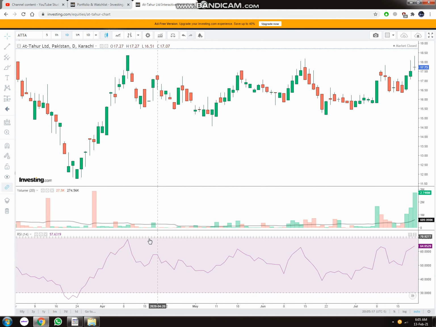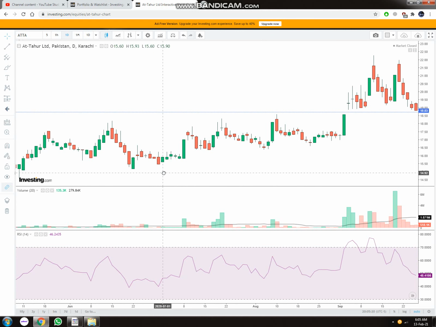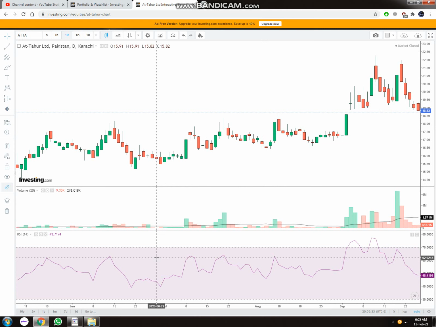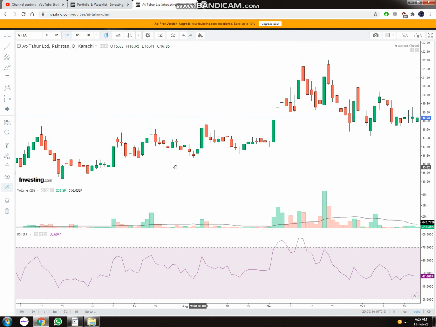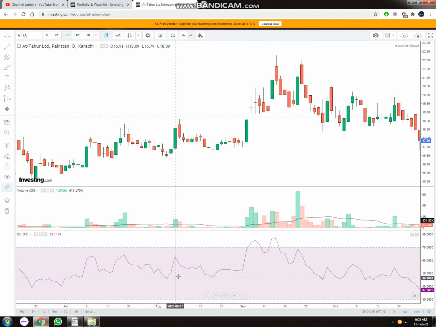Again, you can plot your own overbought and oversold areas on the RSI, because you can see that for most of them at these levels the overbought area is the 62 level. So do not worry about this, and plot your own overbought and oversold areas. Recognize your own levels and trade the stock along with that. The RSI shows the strength of the investors.